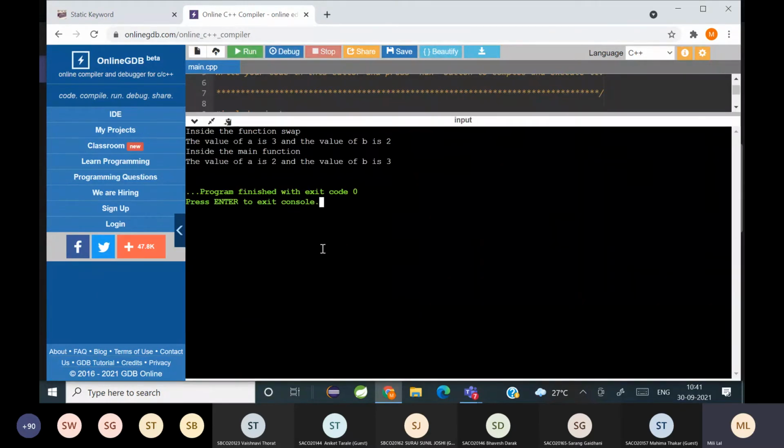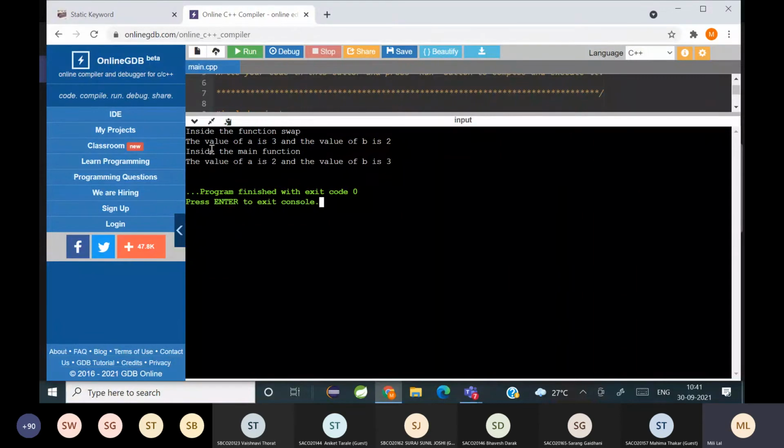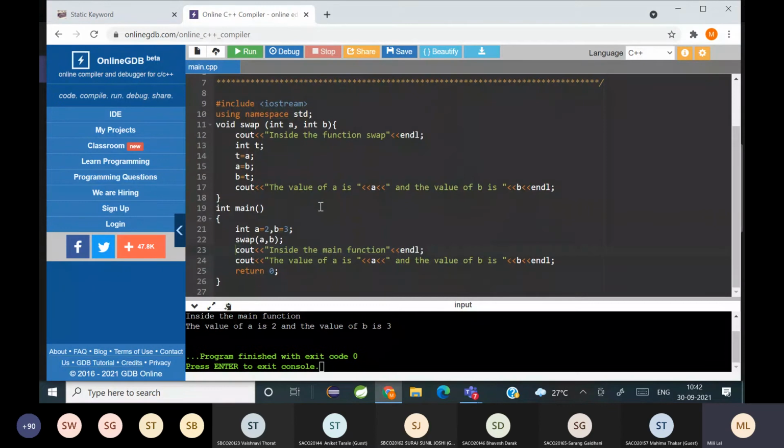अभी देखो वैल्यूज क्या है. इनसाइड द फंक्शन स्वैप a का वैल्यू 3 और b का वैल्यू 2 है, बट मेन में a का वैल्यू 2 एंड b का वैल्यू 3 ही है. समझ में आया? मतलब देखो a का वैल्यू 2 एंड 3 किया, स्वैप फंक्शन कॉल किया हमने, फिर स्वैप फंक्शन के अंदर गए, स्वैपिंग हो गया एंड प्रिंट किया तो a का वैल्यू अभी 3 बन गया एंड b का वैल्यू 2 हो गया, बट मेन में a is still 2 and b is 3 even after the function swap. Can you all see it?